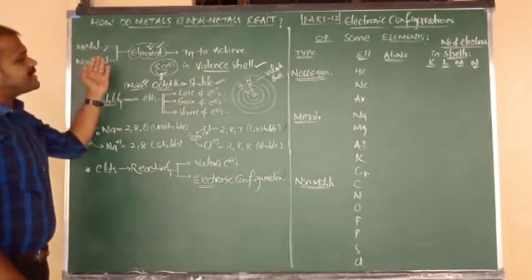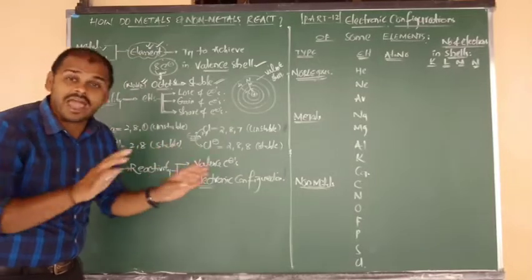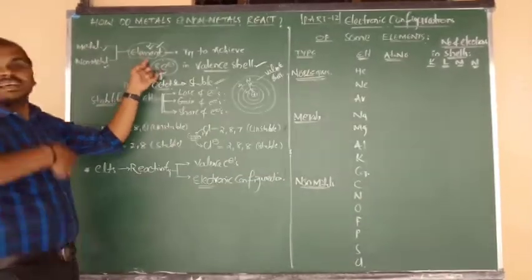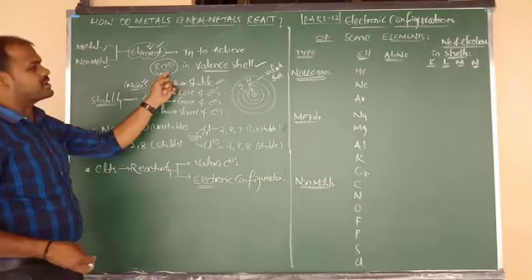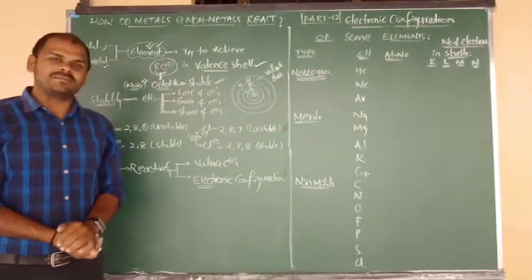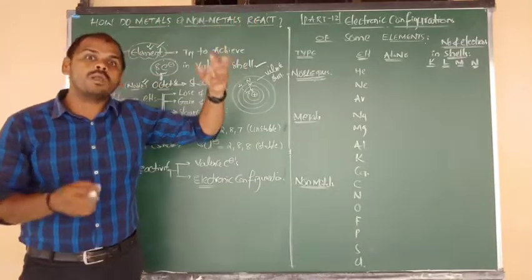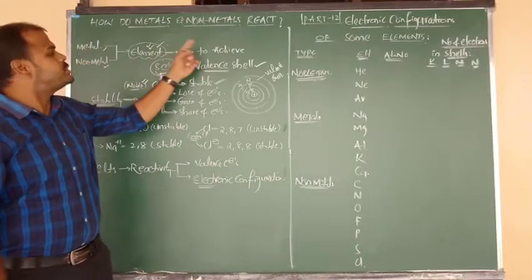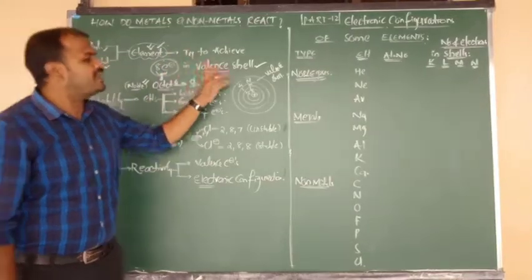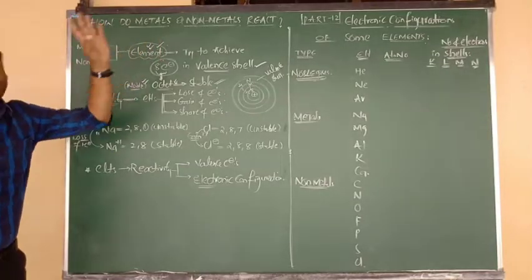So in that nature, not only noble gases, remaining all the elements, of course they do not have the octet configuration, but always they are trying to achieve 8 electrons in their valence shell to attain what beta? Stability. Stability पहुंचने के लिए, to get stability, each and every element tries to achieve 8 electrons in their valence shell. That is the main concept of what beta? Reactivity of metals and non-metals.